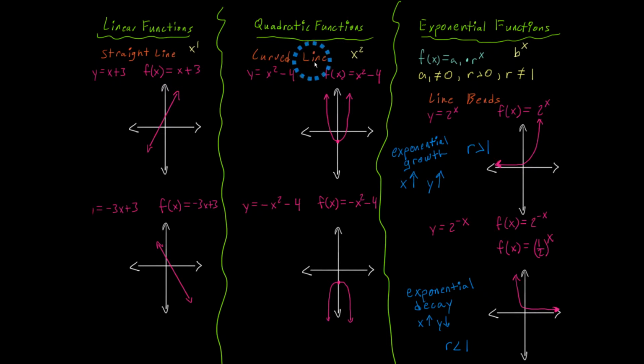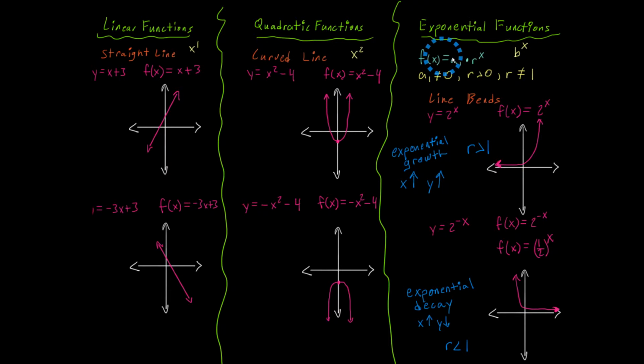Okay guys, we've been looking at different types of functions and now we've moved on to exponential functions, and a few reminders, a few things to look at. Well, x is in the exponent, and here I have it listed as b to the xth, and b represents that base value. But if we look at the general form of an exponential function, a sub 1 times r to the xth, r is the same thing as b here, so it's just our base